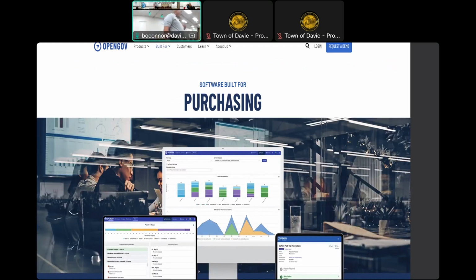And again, we pay for this. We pay for OpenGov, so it's our subscription. Where Demand Star, you had to pay for it. This you don't have to pay for. It's free for you to use. So we kind of footed the bill now. So that's one of the benefits to it as well for you. It's free for consultants. It's free for all people to access as far as that aspect. So you don't have to pay for that. But again, you'll be able to access this information for free.